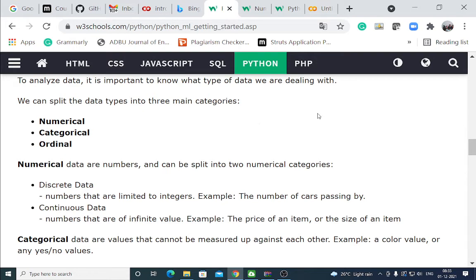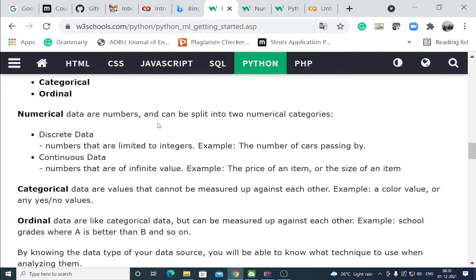We can analyze data with data types: numerical, categorical and ordinal. In numerical, two types of data are there: discrete data and continuous data. Discrete data numbers are limited to integers. Continuous data has infinite values.